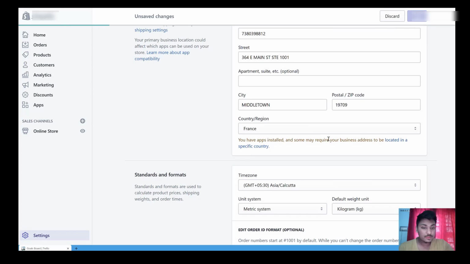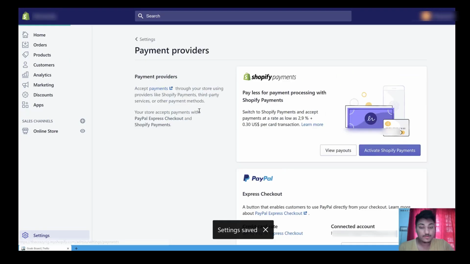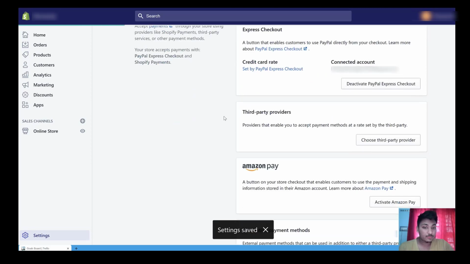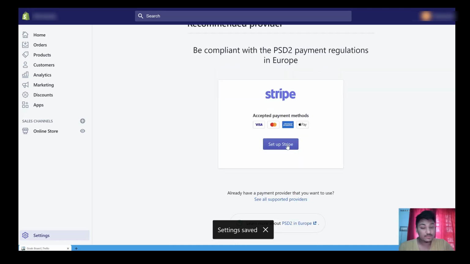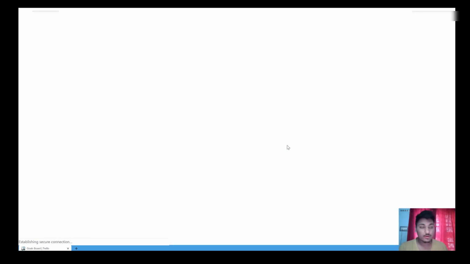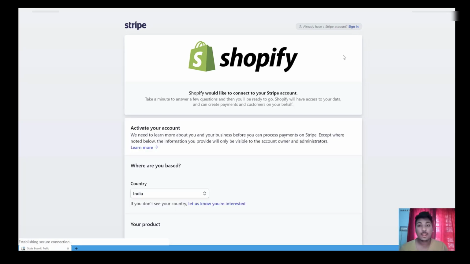After you have done this, head back into your payment providers, and what we're going to do is go to third-party providers. You will choose third-party providers, and you will already get the best thing here, which is set up Stripe, and you can simply click on this and log in with your credentials. It is asking me to sign in, and once I sign in, it will revert back to Shopify, and that's how we accept payments with Stripe on Shopify,